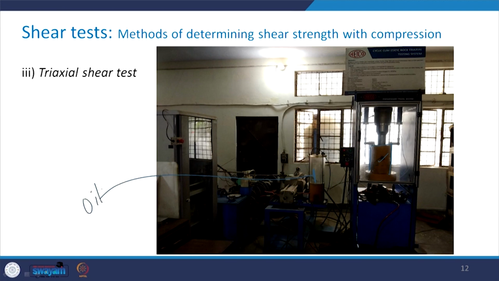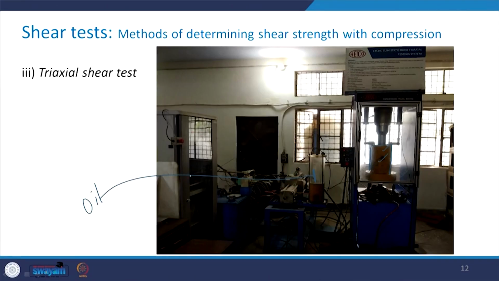So, with the help of the arrangement, this oil is passed to this cell where the rock specimen has been mounted, and this oil is used to maintain the confining pressure which is required to conduct the test. And then this whole assembly, although it is not visible here, is connected with a computer system here, because this machine is a servo controlled machine where you just apply the confining pressure and then you start